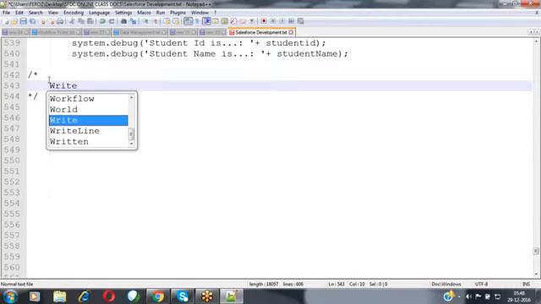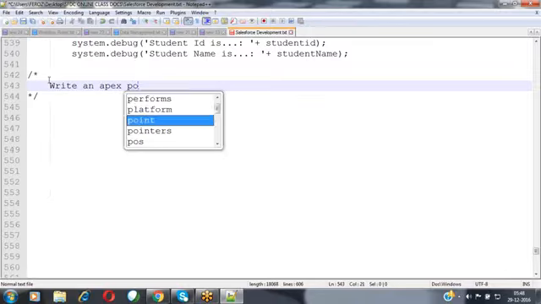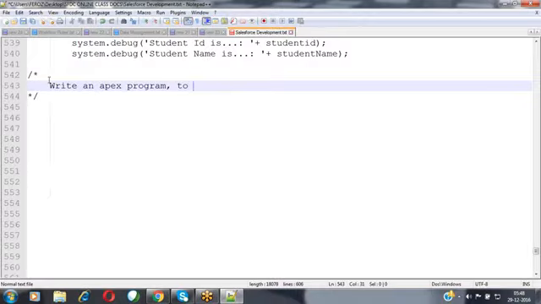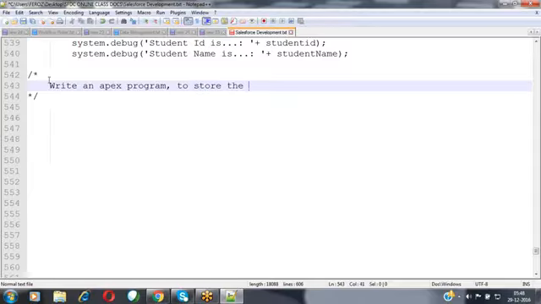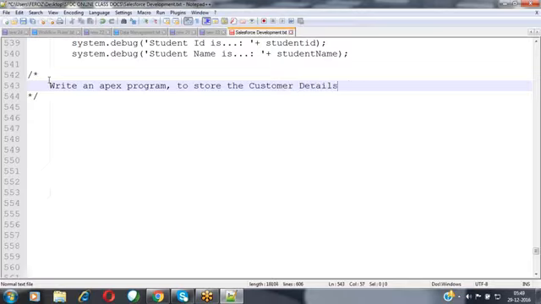Now I'm defining one more application, a small program. Write an Apex program to store the customer details.